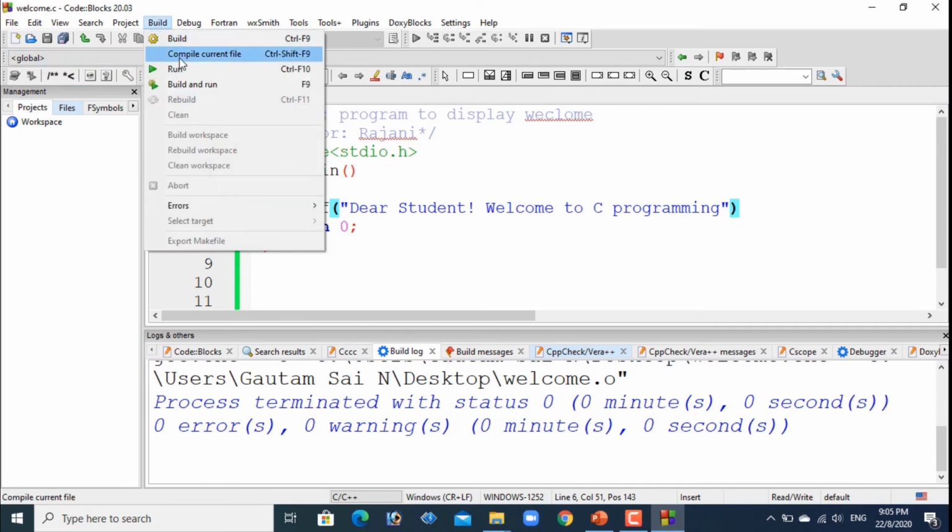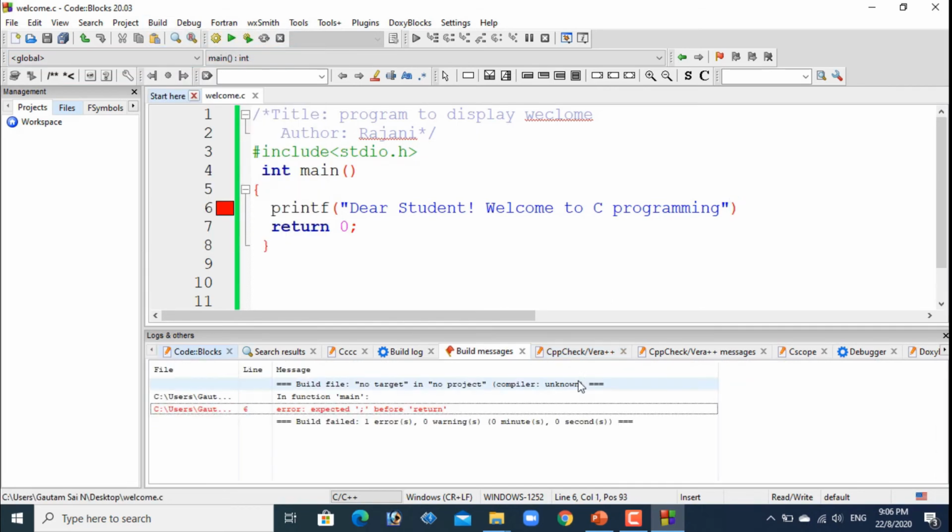Now, let's compile the current file. Now, we can see here, it is highlighted with the red color, indicating that there is an error in this line. And also we can see here, 6th line, there is an error: expected semicolon before return.